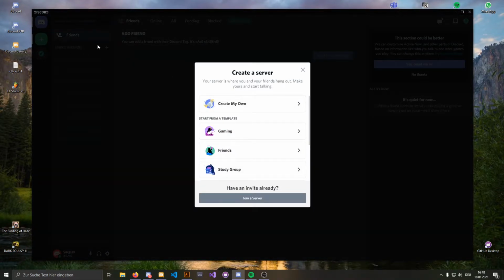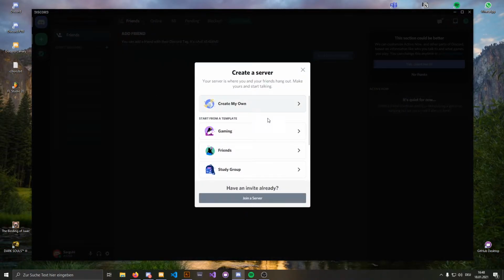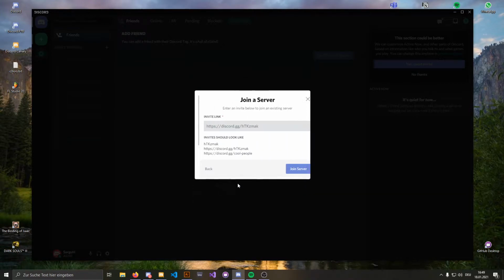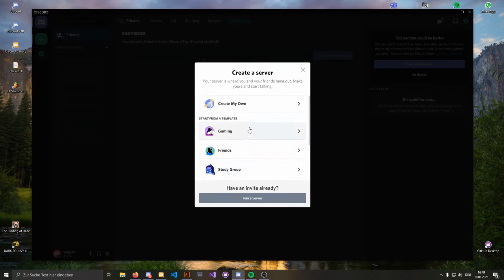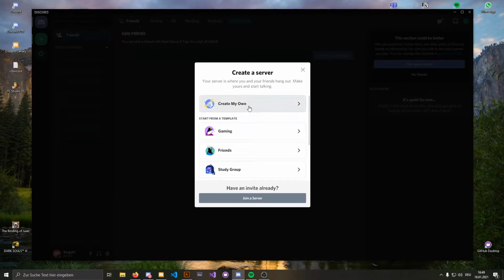So once you've clicked this button, which is right down, if you've already joined a few servers, just scroll down until you find this green plus button. Just click it, and then you have the option to create a server, just create your own blank one, or start from templates, for example, for artists, creators, clubs, local communities, study groups, and so on. Or you can join a server, but here you need an invitation link. Anyway, we're going to create our own server from scratch, and for that we're just clicking create my own,